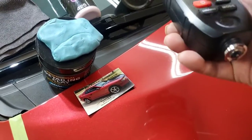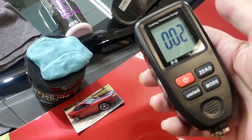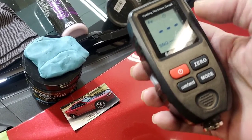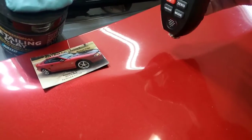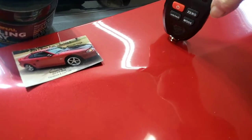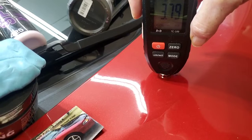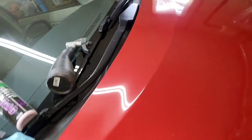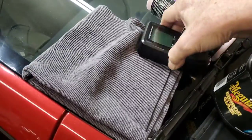I've tested the paint, and as I expected, in the last 10 or 15 years, they've really gotten thin with all this stuff. Get this thing set here. I was going to show you, there's about an average on this hood of, can y'all read that? It's almost 4 mils there. When you move it around the hood, you get different readings, but the average is around 4 mils,